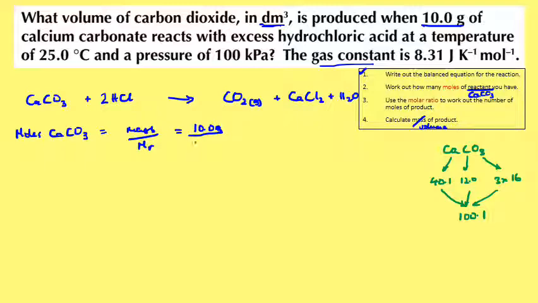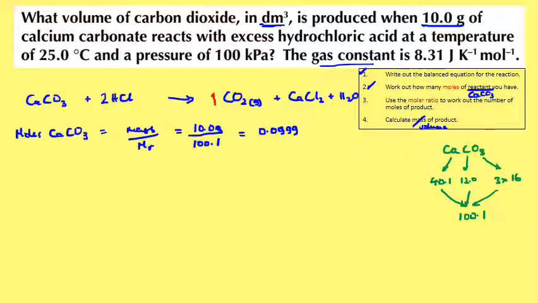So we're going to divide that by 100.1. And so punch that into your calculator and you're going to get 0.0999 moles of calcium carbonate. Step 2 done. Step 3 is use the molar ratio from the balanced equation to work out the number of moles of product. Okay, so we're being asked for the number of moles of carbon dioxide, and you can see